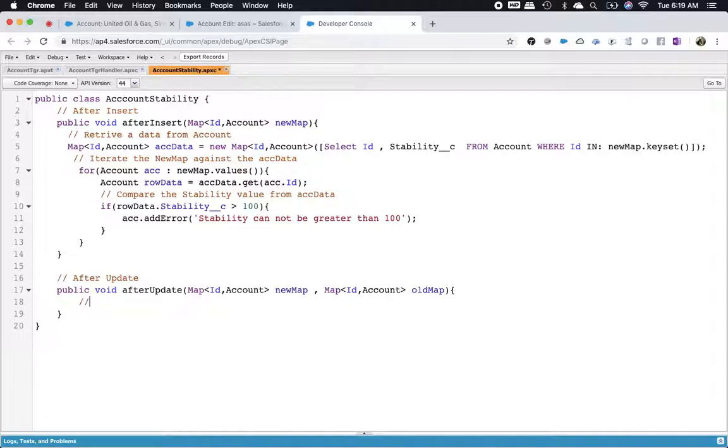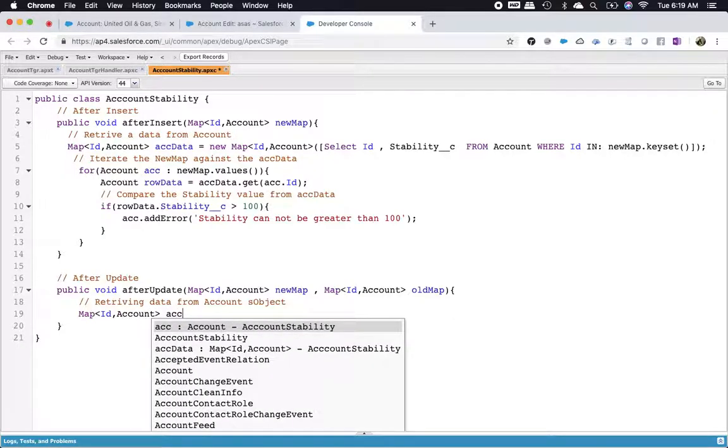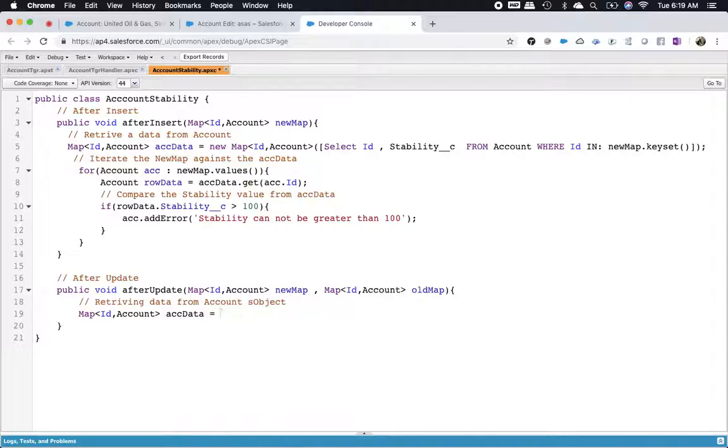Now you can see, Account is the object. Now I'm not using any list. Everything I'm making is a map. Map of ID, comma, Account, acc data equal to new map of ID, comma, Account,